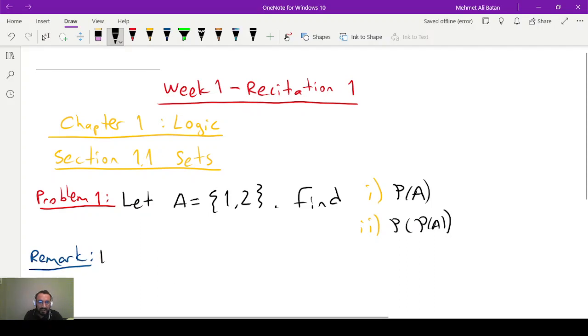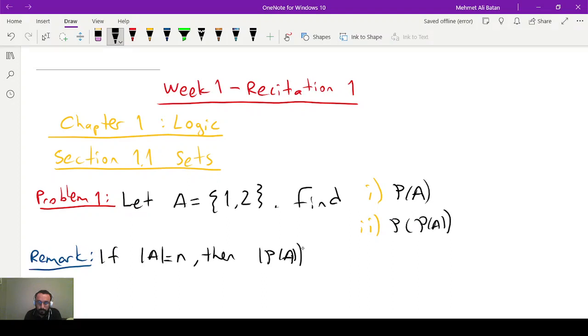If you have a set A which has cardinality n, this notation is for cardinality, the number of elements of a set. Okay, so if you have a set which has n many elements, then the cardinality of the power set of A